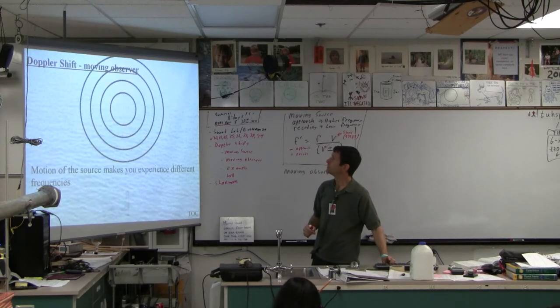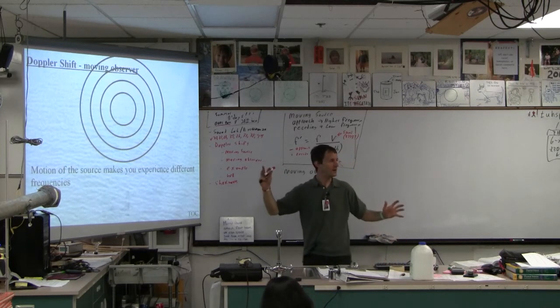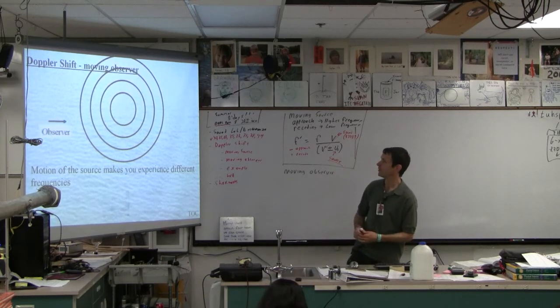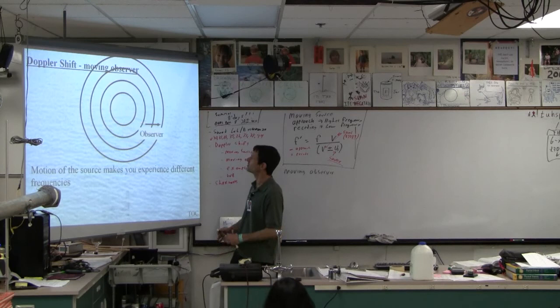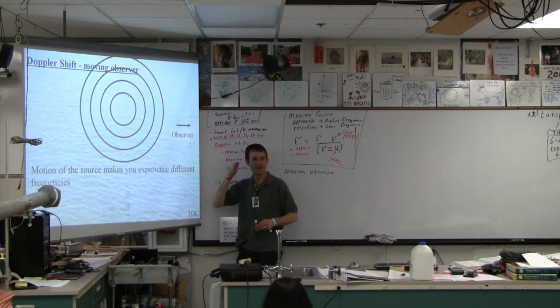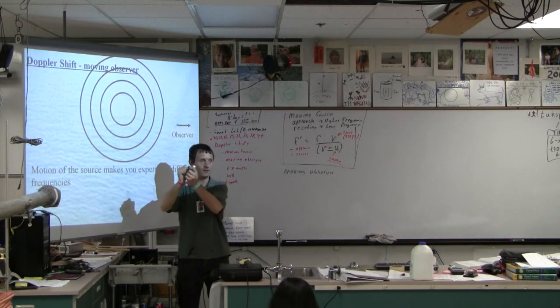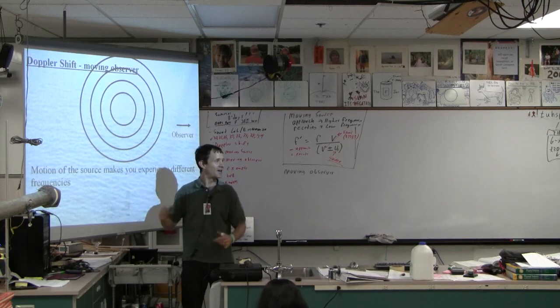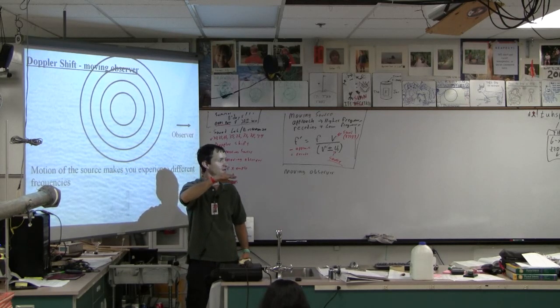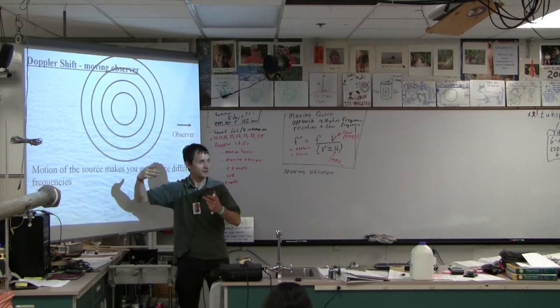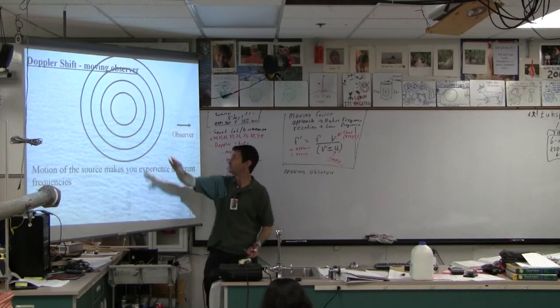With moving observer, the waves themselves in the air are not changed in length. You're not creating actually different waves in the air. It's just that the observer, look at this thing, look. There it goes, chunking along. Can't animate like text. The observer goes through it, and as they approach, you have to imagine that these sound waves are going out. As they approach the sound waves, don't you see them faster? And then as they're coming at you from behind, they go by you slower. Because in this case, your velocity is added, you're approaching, and it's the sum of the velocities, the speed of sound plus your velocity that you're seeing them. And then as you go away, it's the